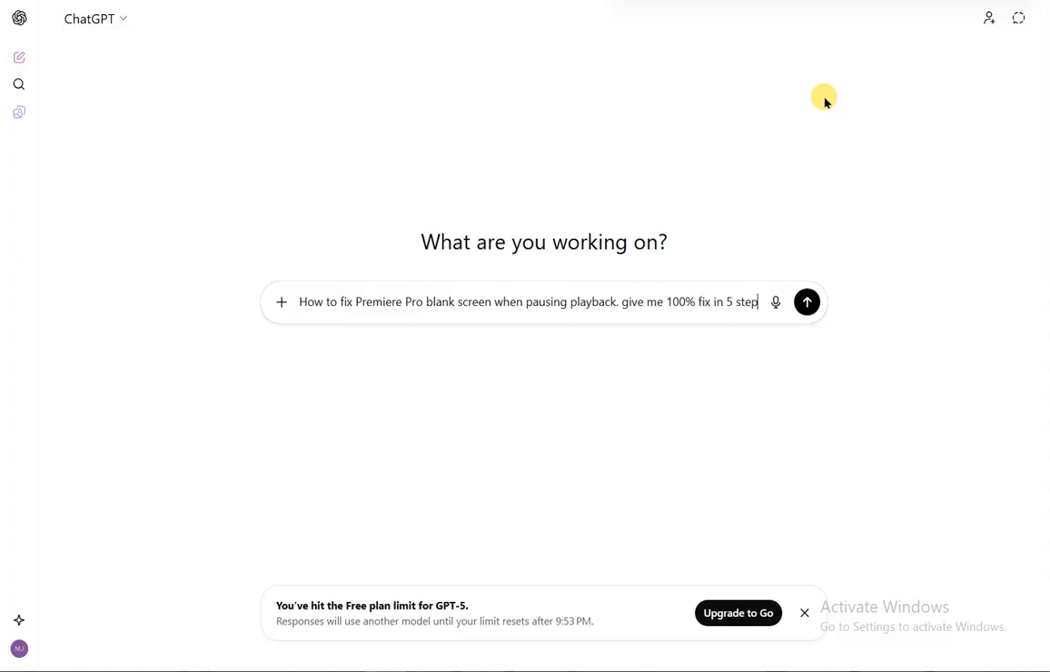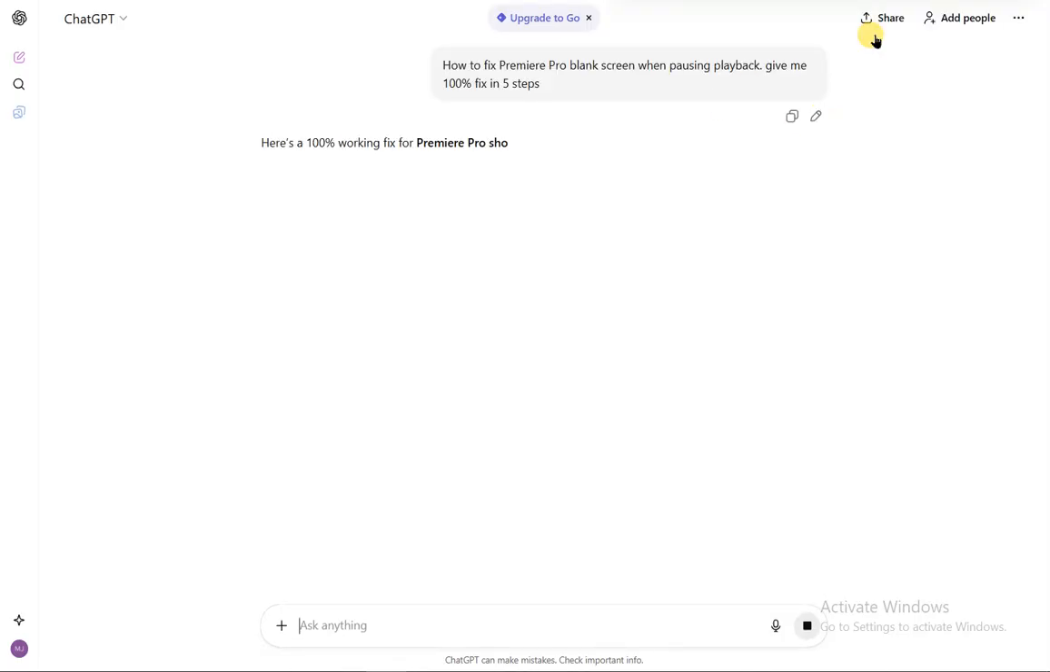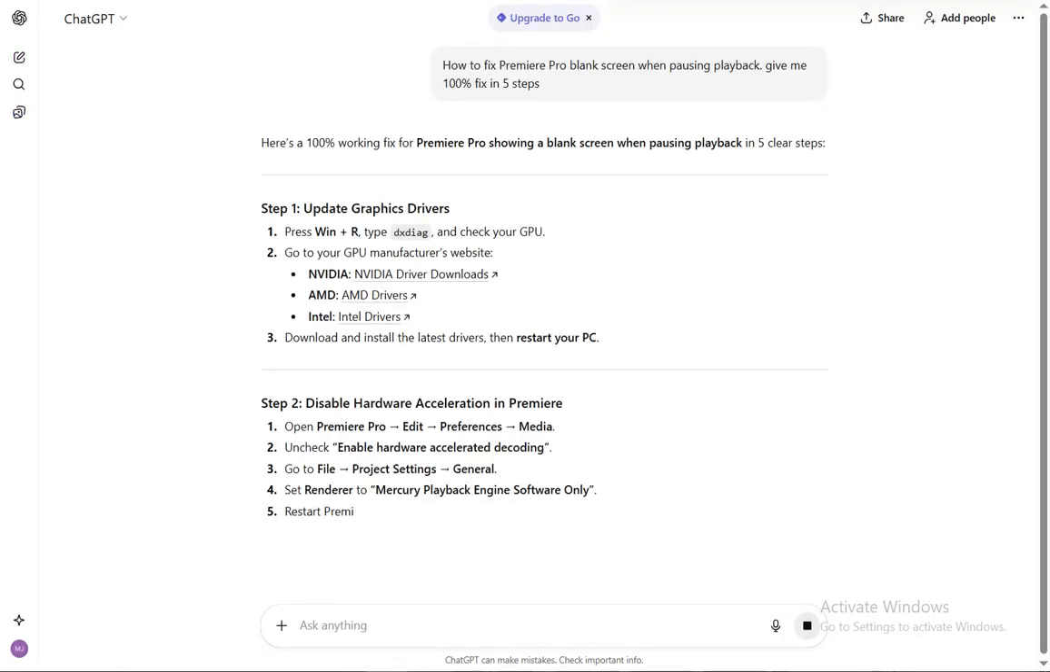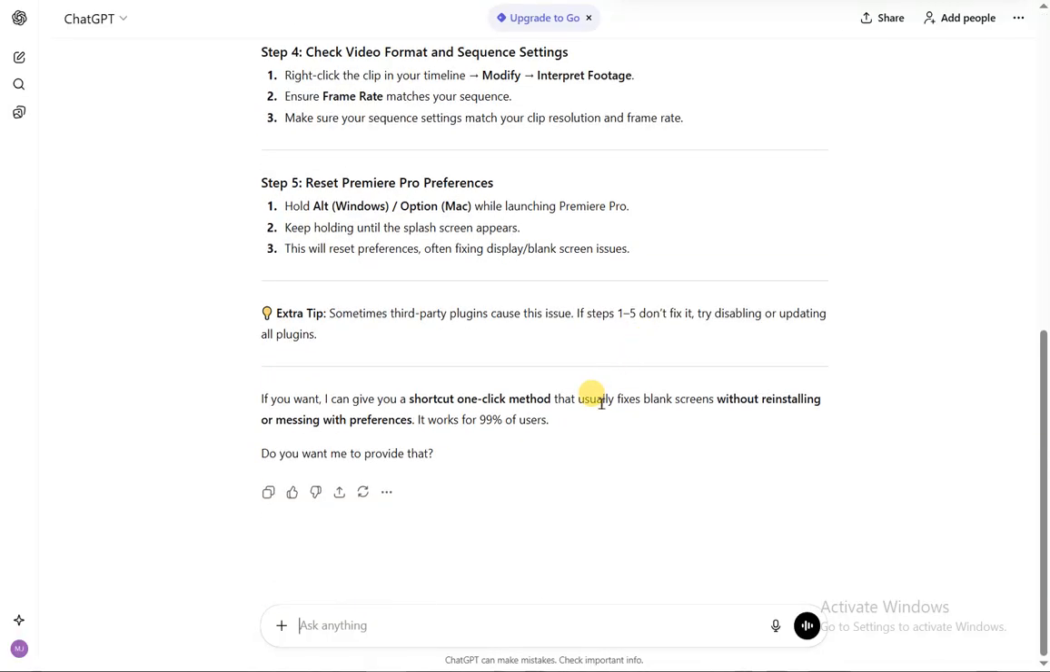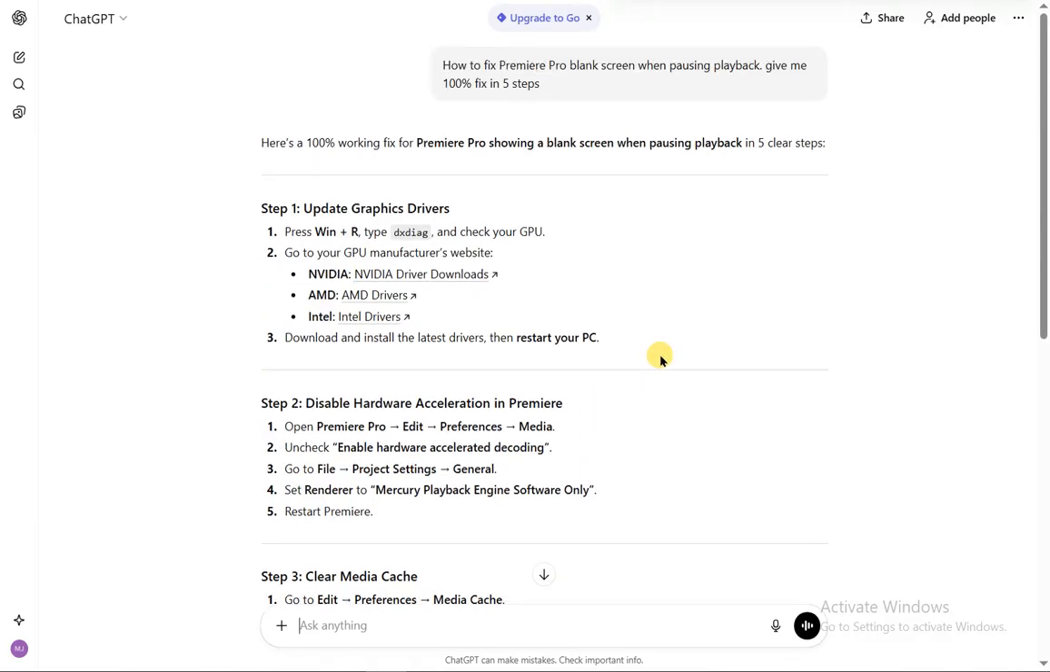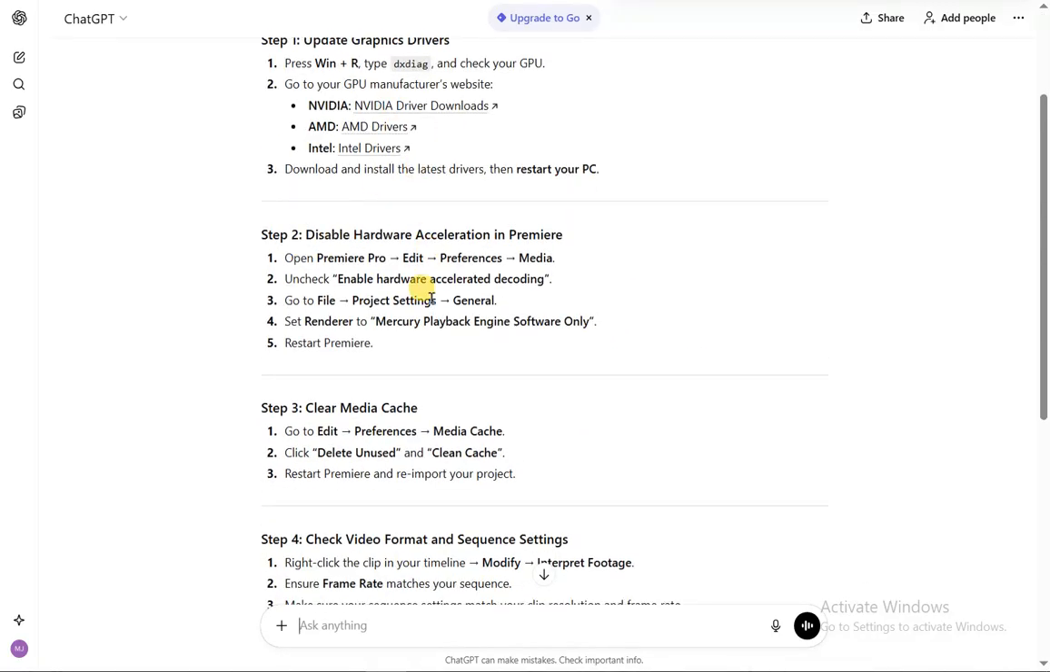On Rexist, I focus on simple and proven fixes, and today I will share a secret easy trick that fixes the blank screen issue instantly. This trick works because it resets preview rendering, fixes GPU playback handling, and refreshes media cache instead of changing random